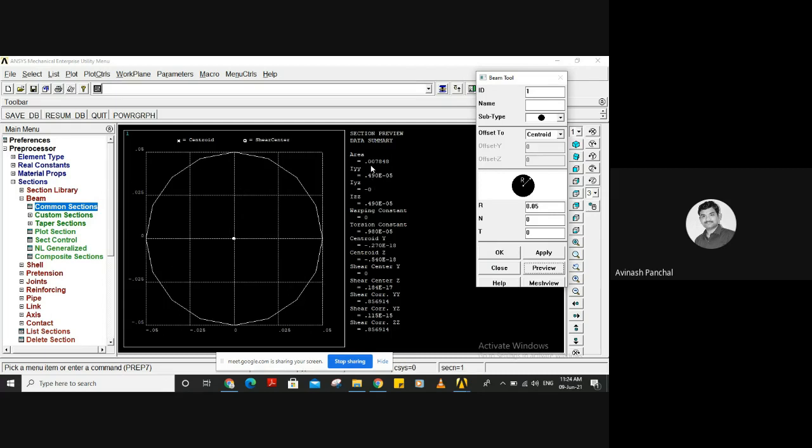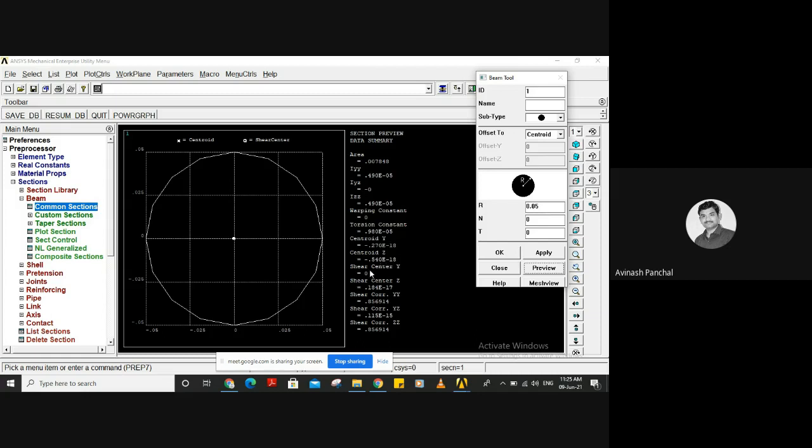You can see the area of this whole circle in terms of meter square, 0.007848 meter square. This is moment of inertia about yy, about yz, about zz, and warping constant, torsional constant, centroid of y, about y, it is given at 0.27 into e to the power minus 18.